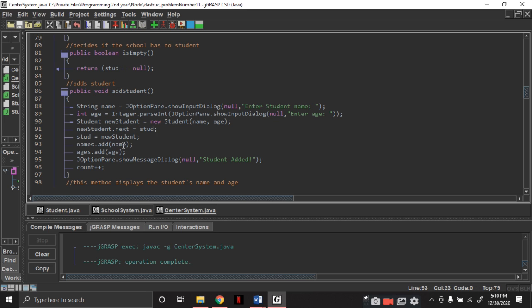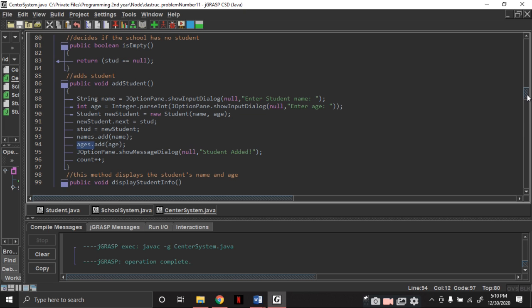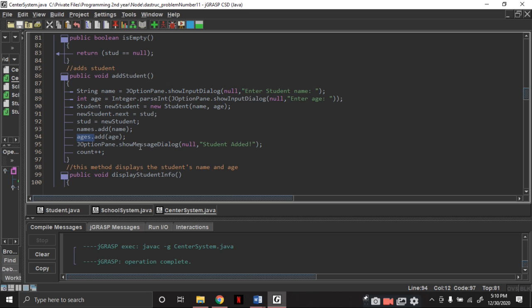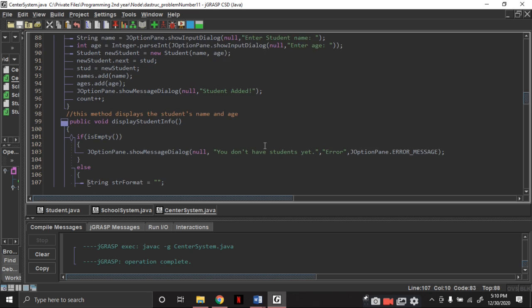And I added the name and the age to the array lists of names and ages, and also prompt the statement student added if it is done, and then I incremented the count with plus plus so that the count will automatically add.